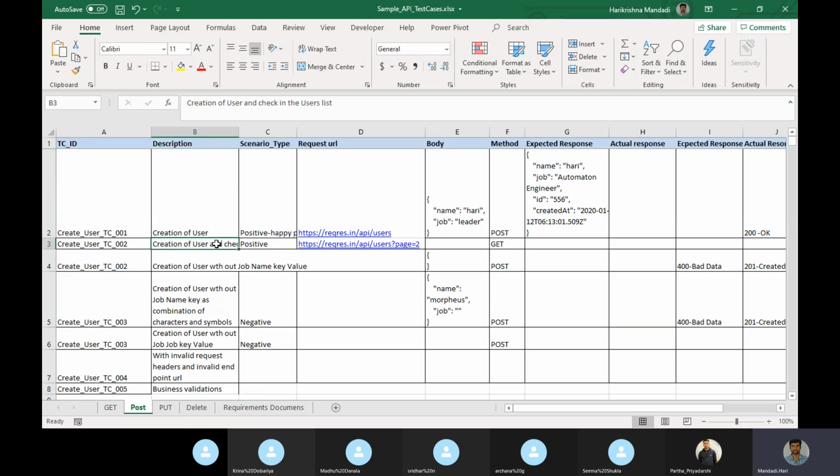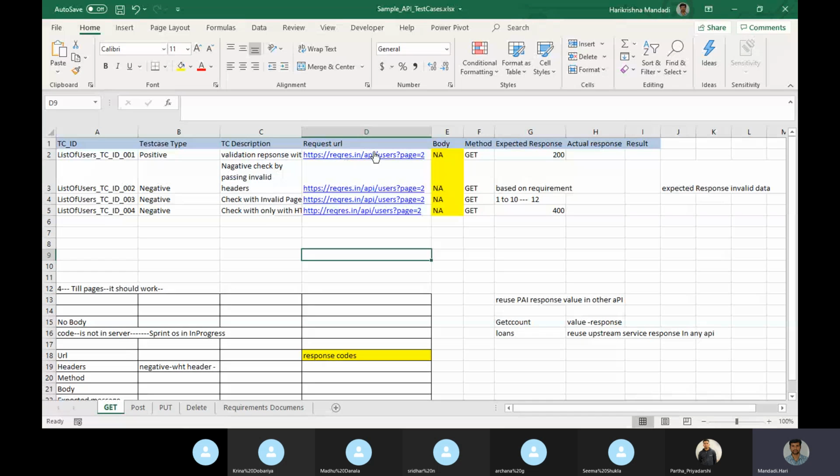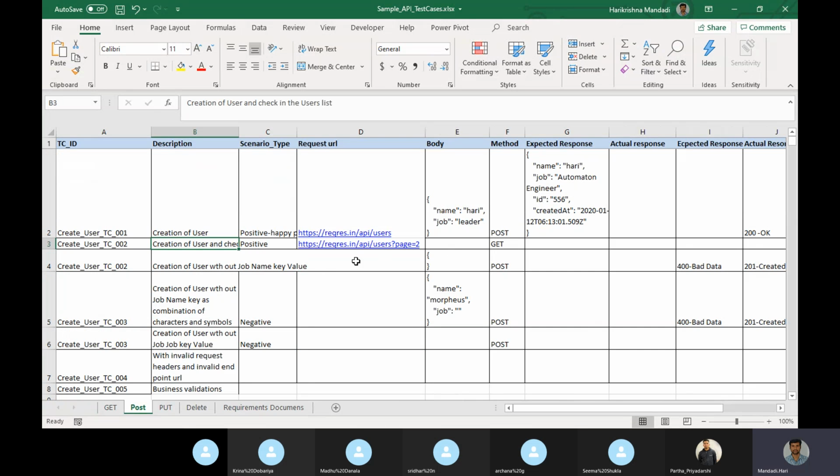What is meant by this? I am creating a user, but where is that user present? In this, which we have seen earlier. Here I can check by passing some page whether the user is created or not.